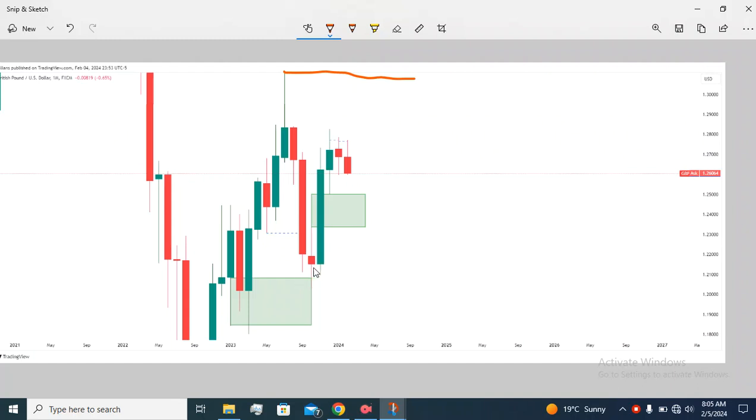After mitigating this goalkeeper, we can see a bigger displacement, leaving an FVG on the monthly, giving us a sign that this market is strong, has a strong bullish momentum with this gap here. And the way we see how the next candle after formation of this gap was formed, we see at the